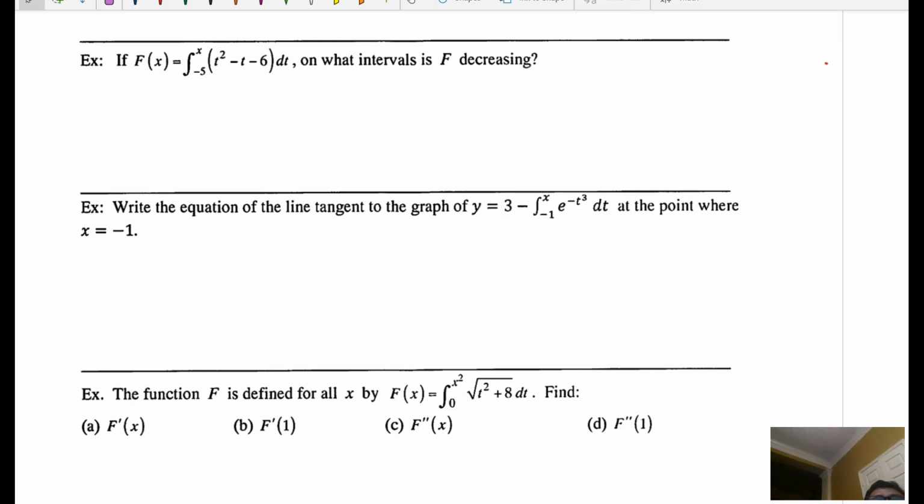This says on what intervals is f decreasing. F is this function that's defined by an integral. F decreasing is where f prime would be negative. And so I need to find f prime,